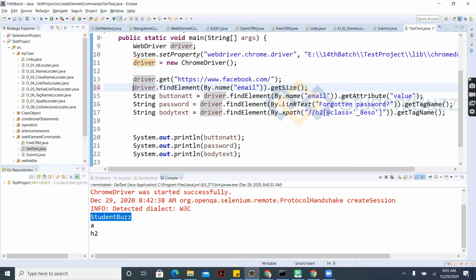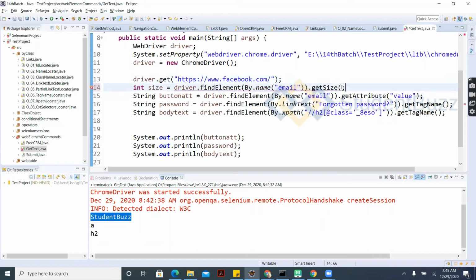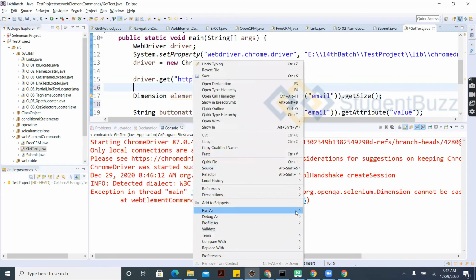What is the return type of this get size? Let's see. We'll give this int. Is it this? It looks like size is an integer, but the return type is web element. Return type is web element. So how can we store this? Store it into this web element.